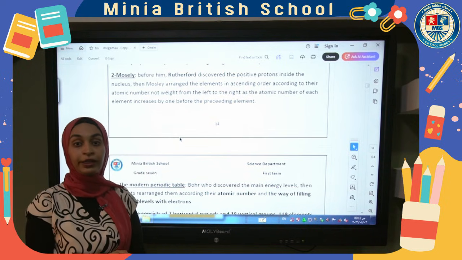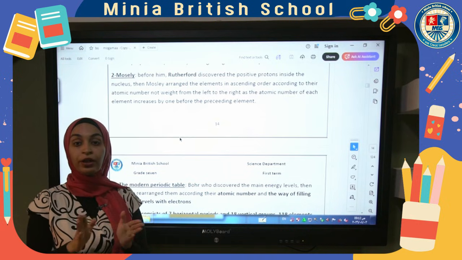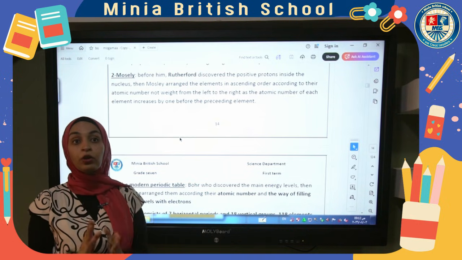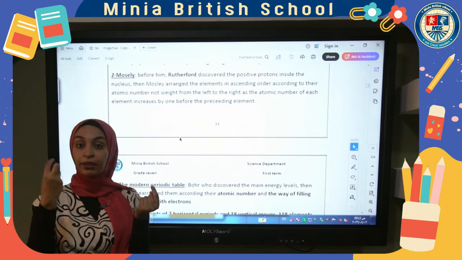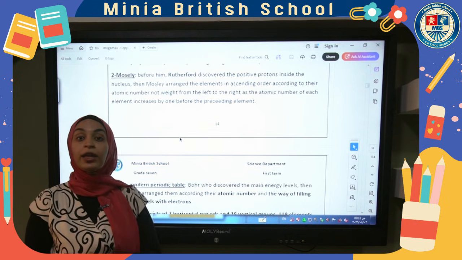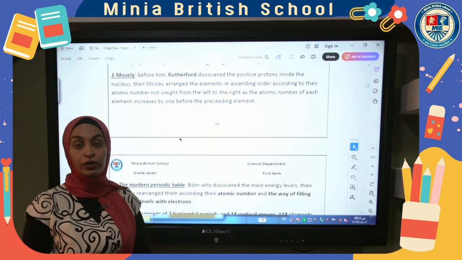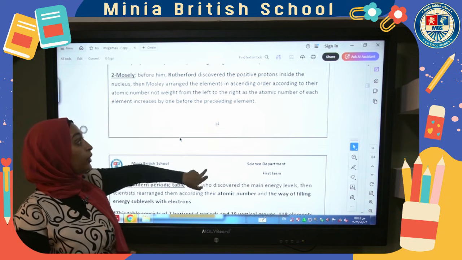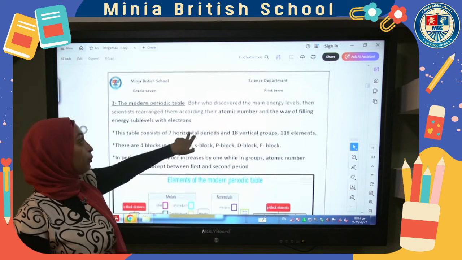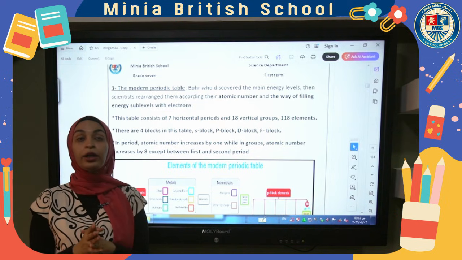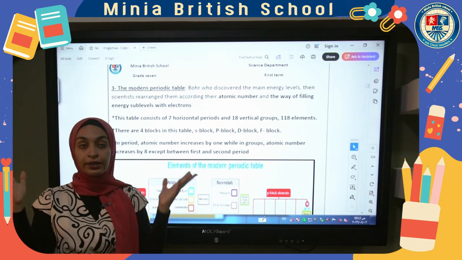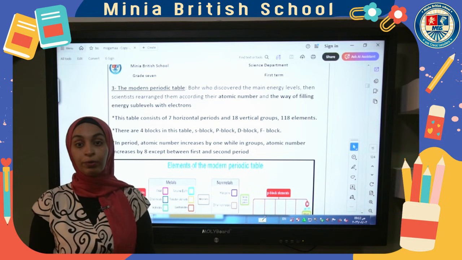These are the inactive gases that are all with their outermost energy level completely filled with electrons, with 8 electrons, except the helium that is saturated by 2, as we distributed it in the last session. Then the modern periodic table. The modern periodic table is done by a group of scientists who participated in the modern periodic table,